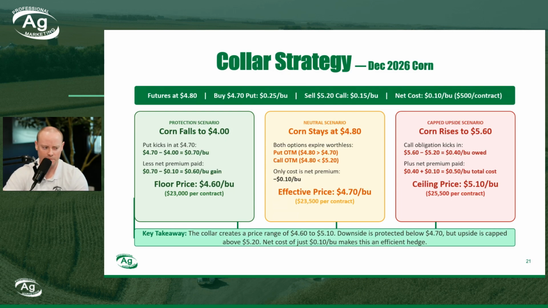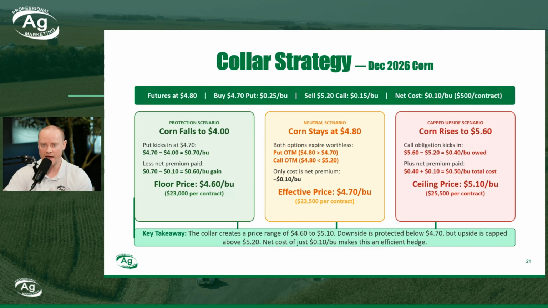Now let's look at something a little bit more detailed, something that we'd be doing in the row crop industry, for example, to protect price. So if futures are 480 and you say you want to buy a 470 put, so you want the right to be sold at 470, but not the obligation. You're paying 25 cents a bushel for that 470 put. So it's kind of expensive. You're like, I'm not going to get paid until 445. That's kind of a long drop before I start to protect price.